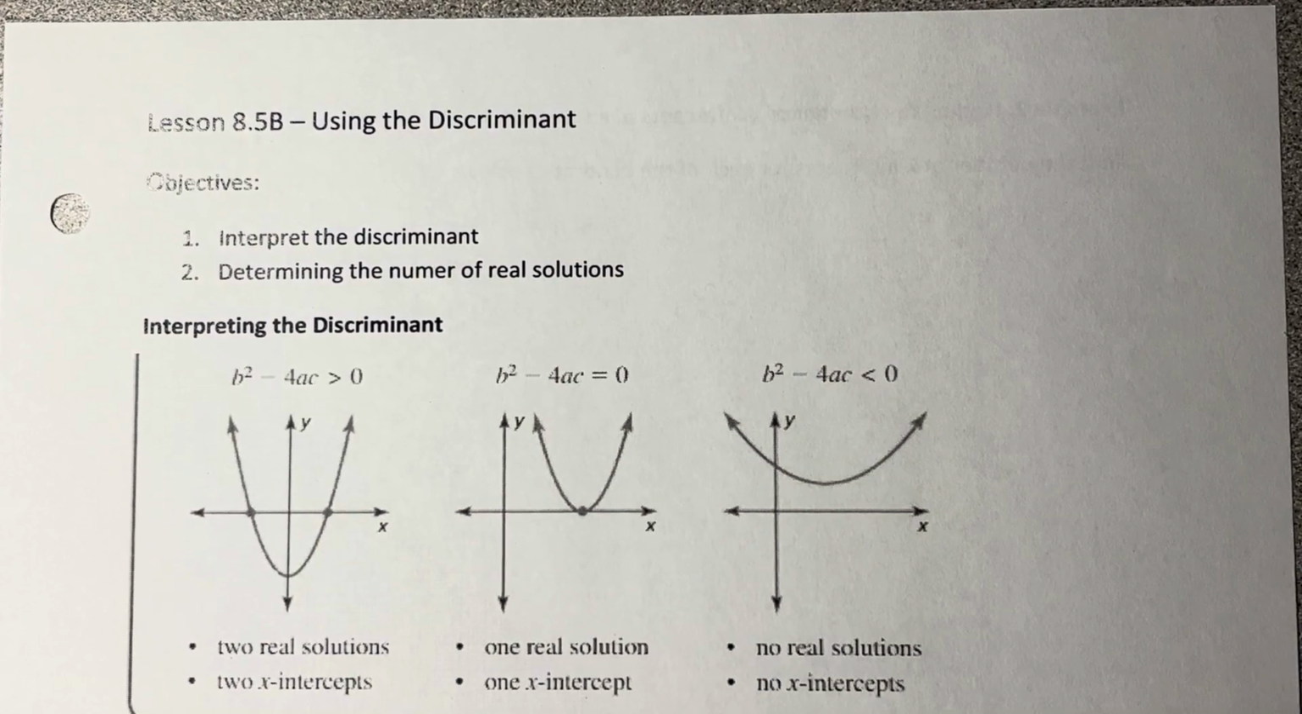Hello, Algebra 1. Today we're going to look at 8.5b, using the discriminant. We've got two objectives here: interpret the discriminant and determine the number of real solutions. Okay, so if you're looking at the discriminant